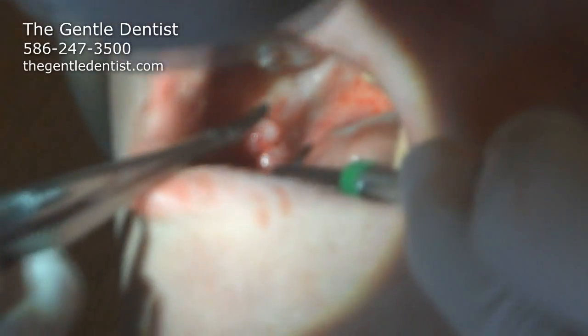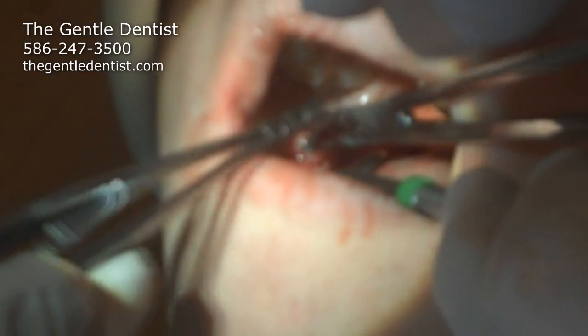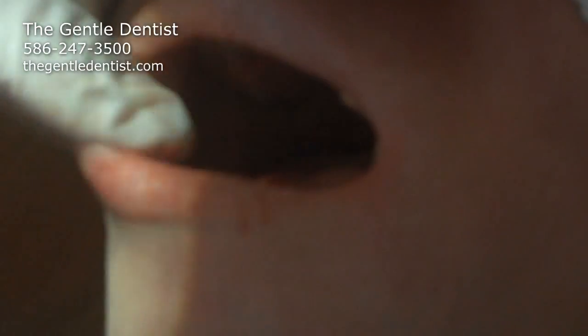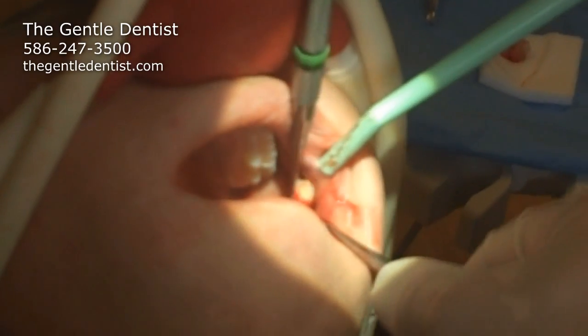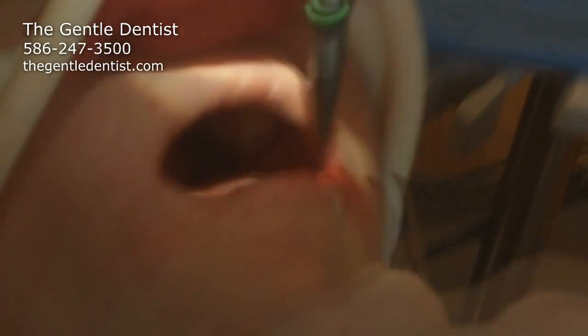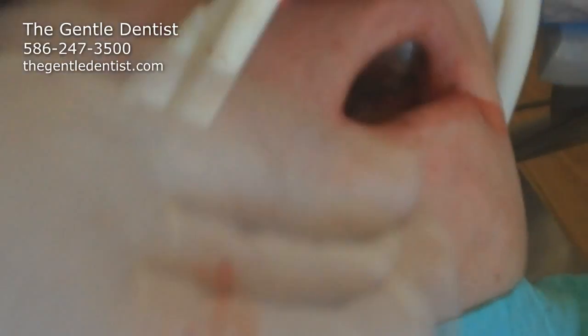Now, go ahead. So we're going to be done with this side here. So he's done with his lower wisdom tooth on his right side. We're going to go ahead to the left side. There we go. There it is. Okay. So you can see that one was pretty